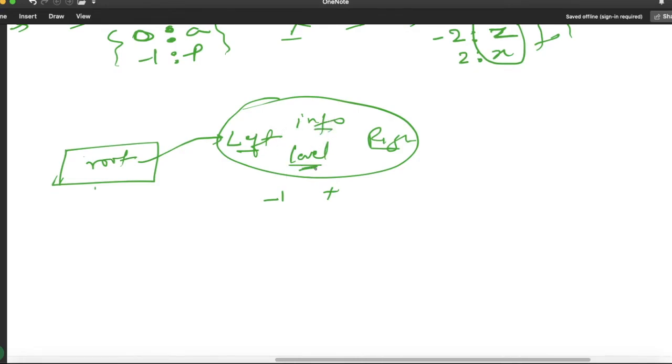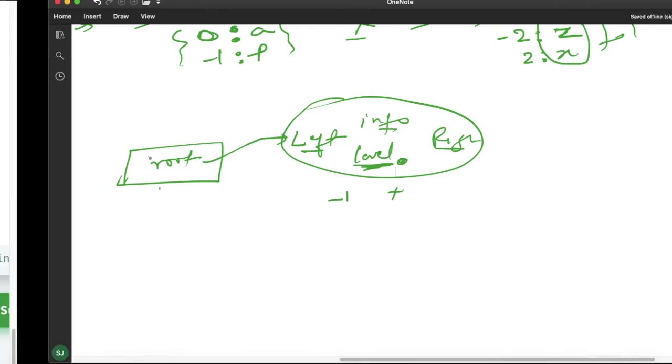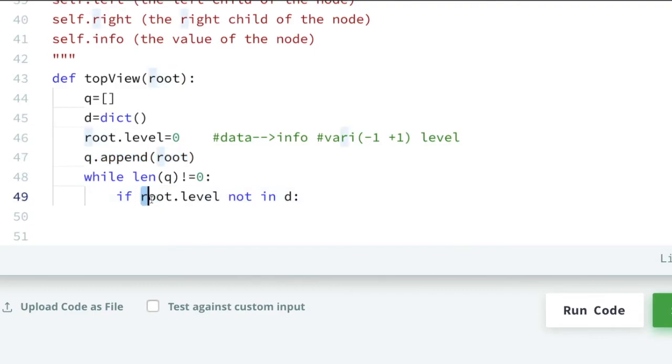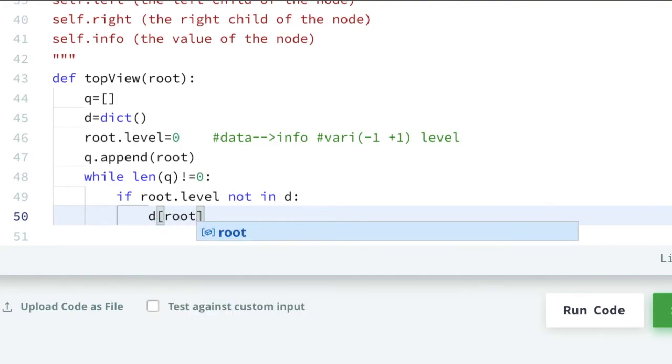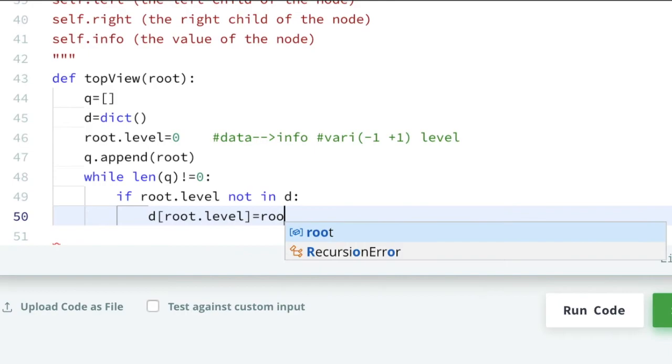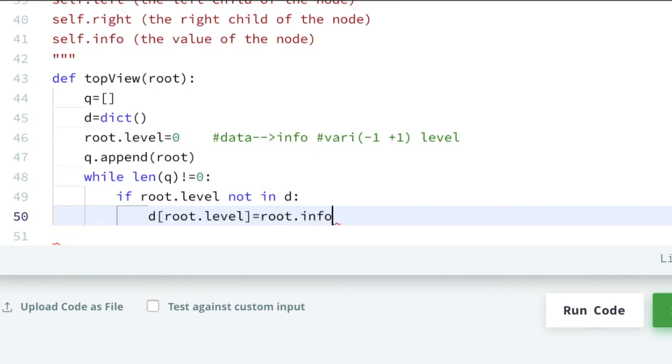So we are checking whether this level variable, which is initially 0, is present in my dictionary or not.